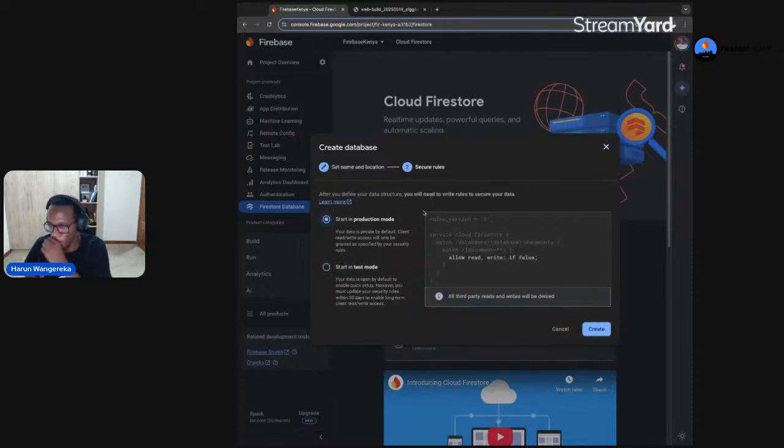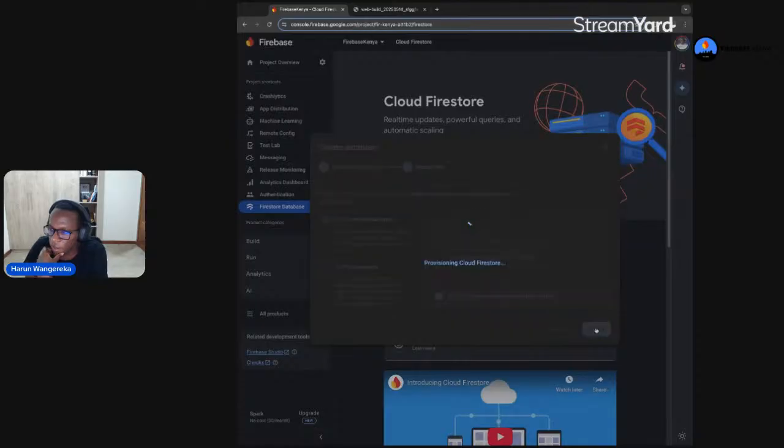these are the rules. We have production mode or test mode. By test mode, you allow, I think, all the users to read and write, which is kind of dangerous, especially if you don't want to run into cost issues, because if you allow everyone to read and write, basically someone can just come and read and write into your database. And then once you create that,